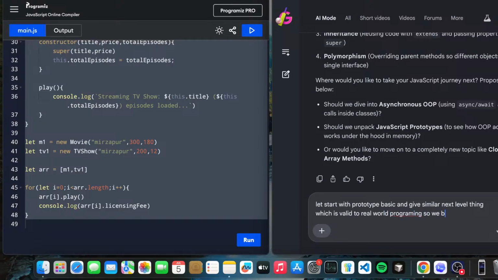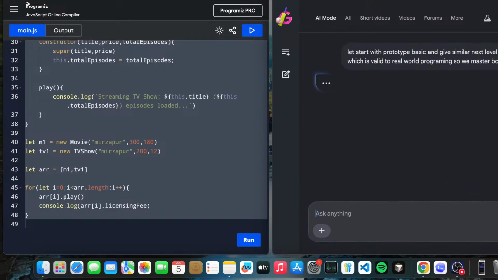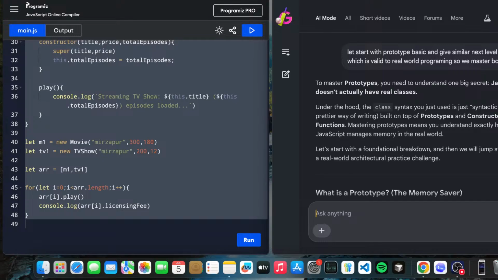So we master both. Okay, so we are moving forward with the prototype in JavaScript in object oriented programming.